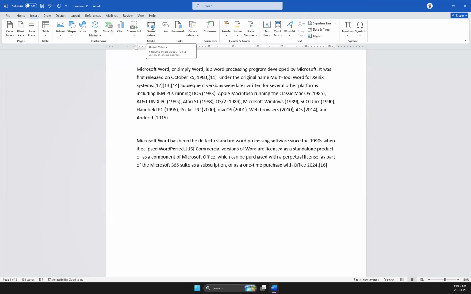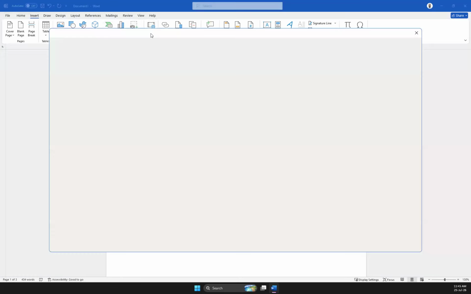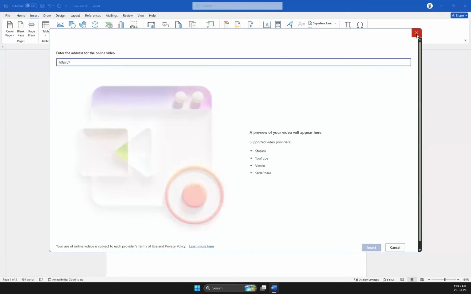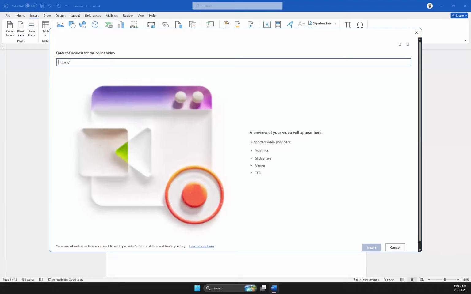And for your Word file, if you want to add videos, again, you can add videos by referring a link. For an example,